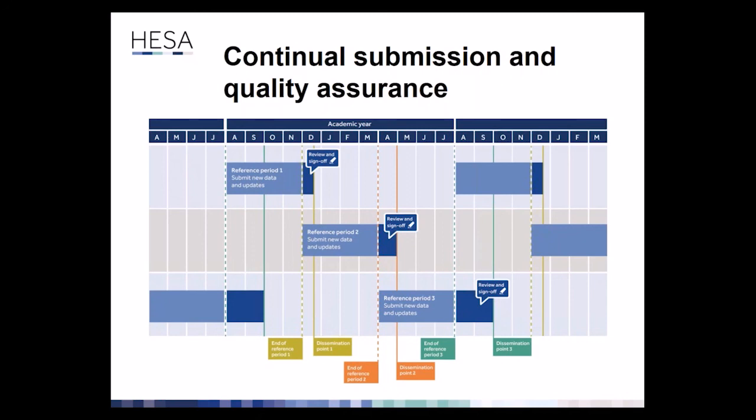So new data that is in scope will be signed off after each reference period, and what happens is that data gets added to this single longitudinal data set. So one student record, open all the time, and essentially we can cut that into years or reference periods or any